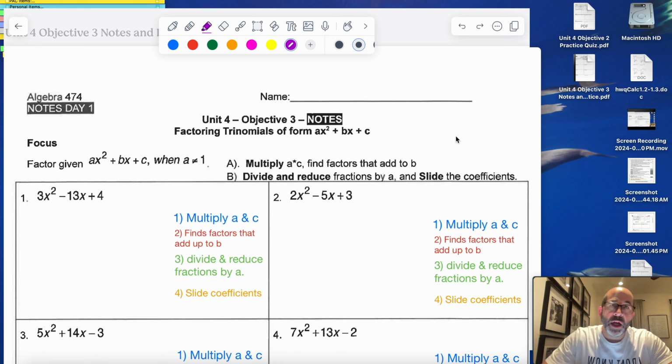Hello everyone. We're going to be doing a video here today, starting out the first objective of the first part of Objective 3, Unit 4, which is we're going to be factoring trinomials that have a leading coefficient that is not equal to 1. And it's a pretty quick process to go through. You might need a calculator to simplify some of these, but let's go through and start going through the little